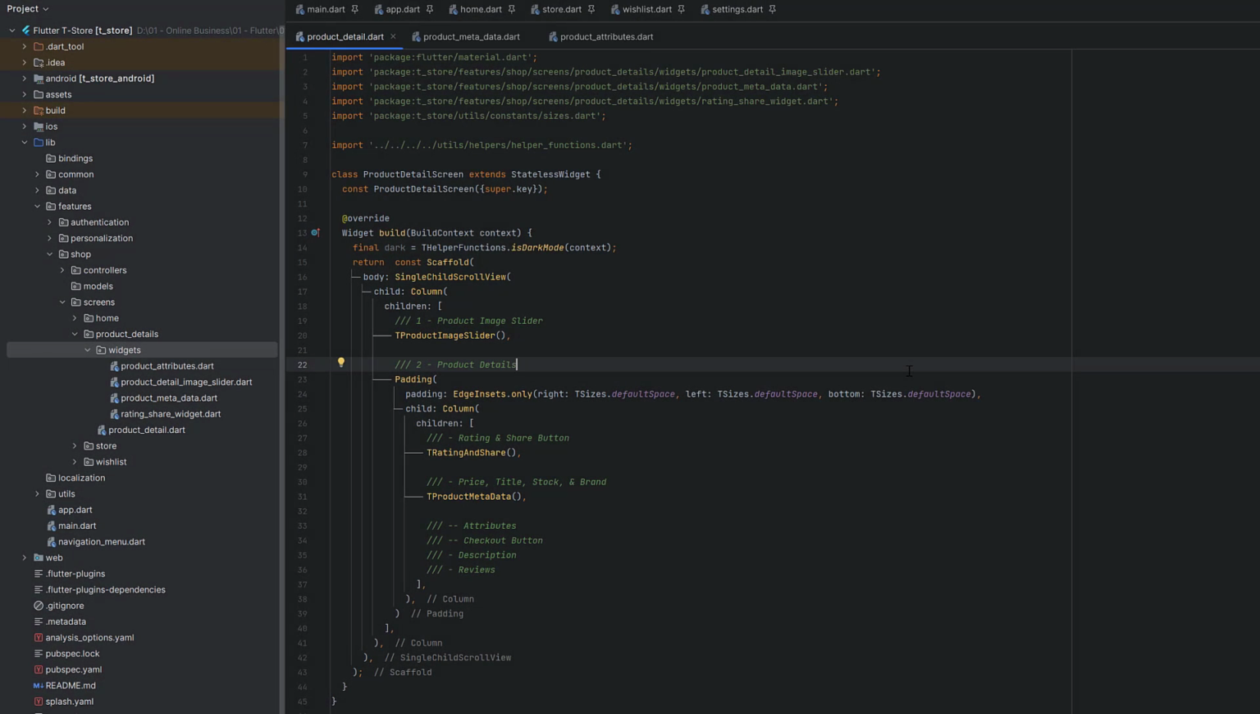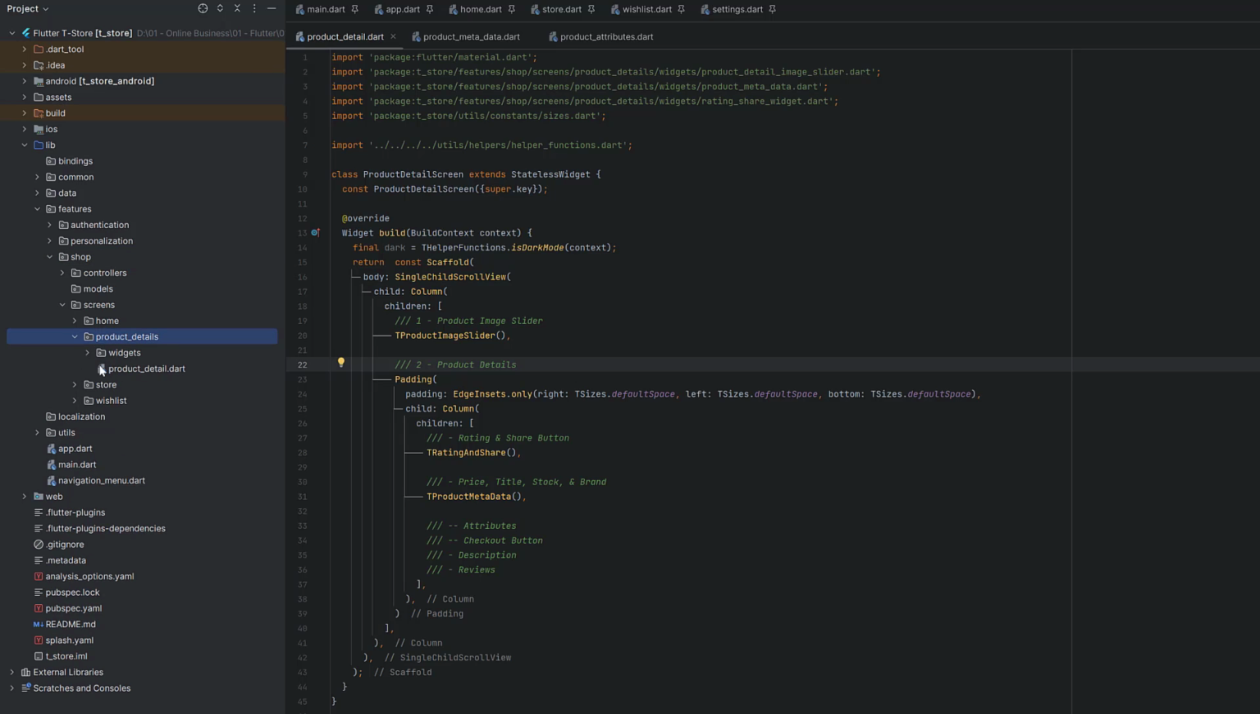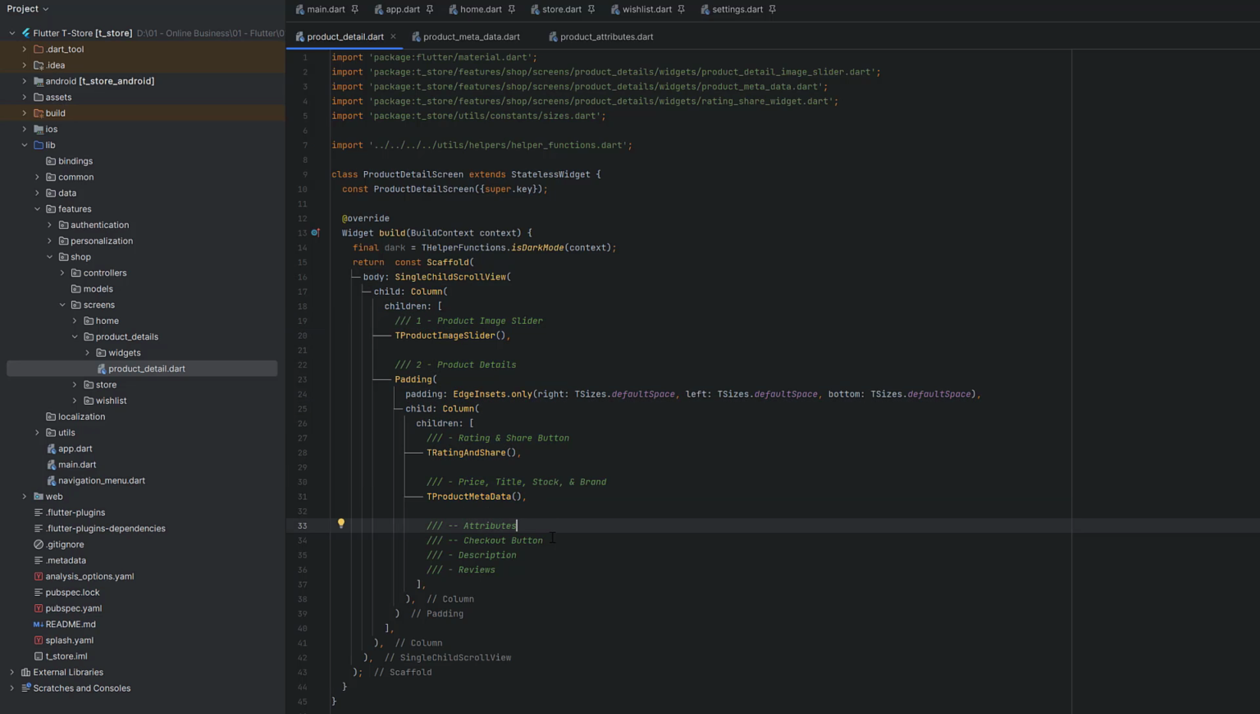So we are inside our project. In the previous tutorial, we learned how to design the product details, which is inside the lib folder, features. We are designing the shop features, and in the screens, we are designing the product detail. We already created a few of the product detail screen parts: part one is the product image slider, then the product details rating and share button, and the price, title and stock with brand details, which is the product metadata. So these four things were created in the previous tutorial, whereas today we are going to design the four major